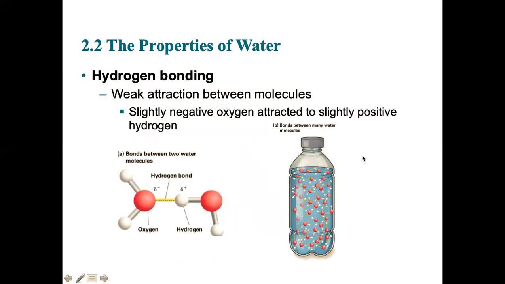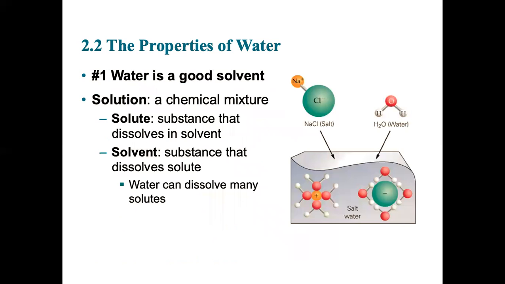And so what that means is that when water molecules are interacting with one another, you can get that magnetic effect where the oxygen of one molecule will attract the hydrogen of another. So you get that little hydrogen bonding, that weak attraction. And then you'd have the opposite where the oxygens would repel each other. But it also makes water really good for dissolving stuff because there's a positive side and a negative side.